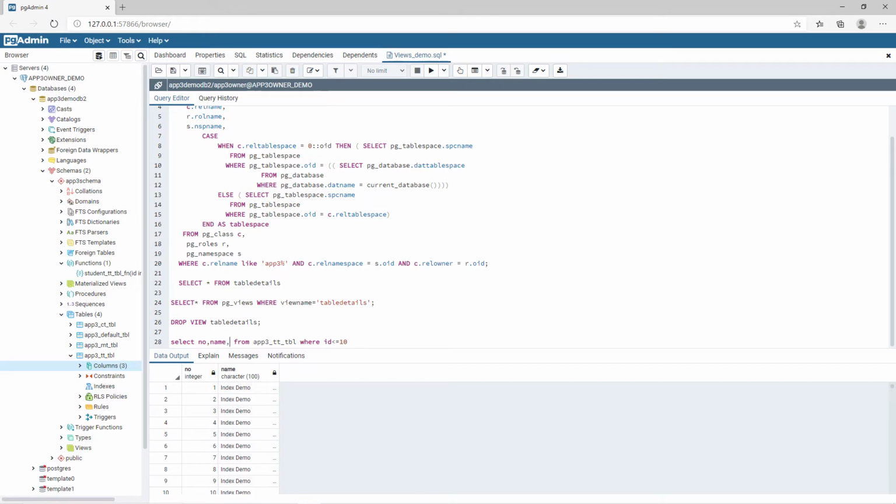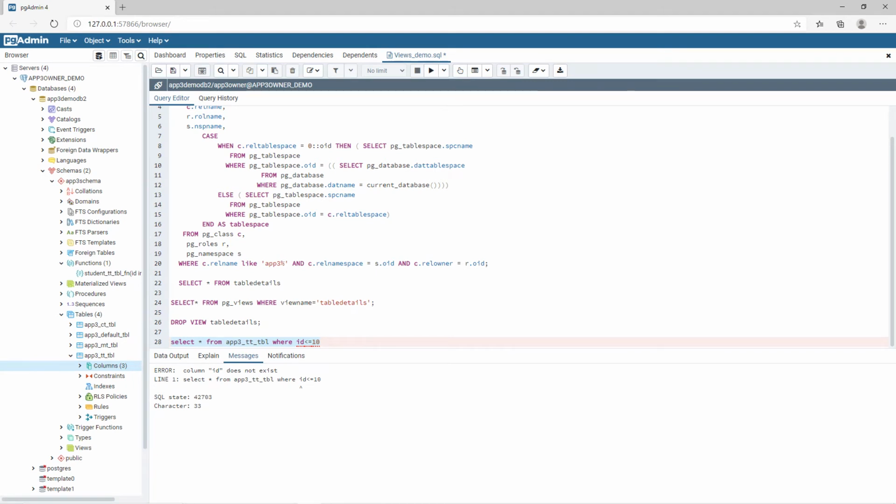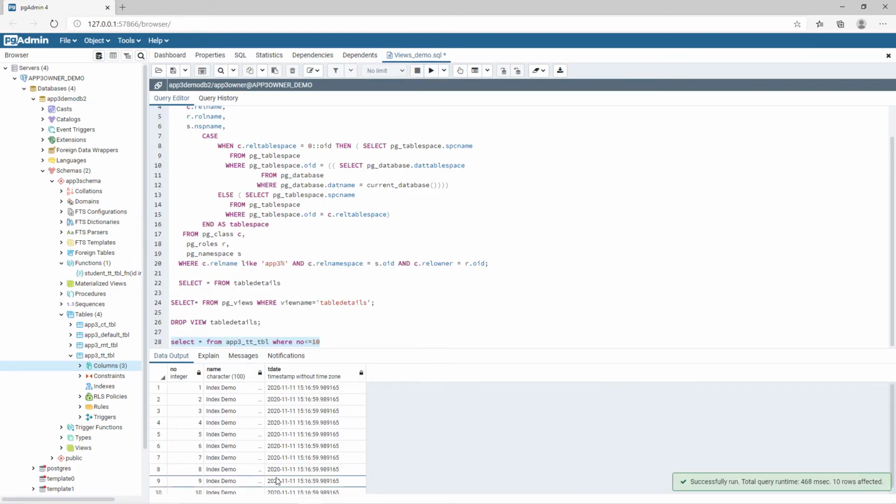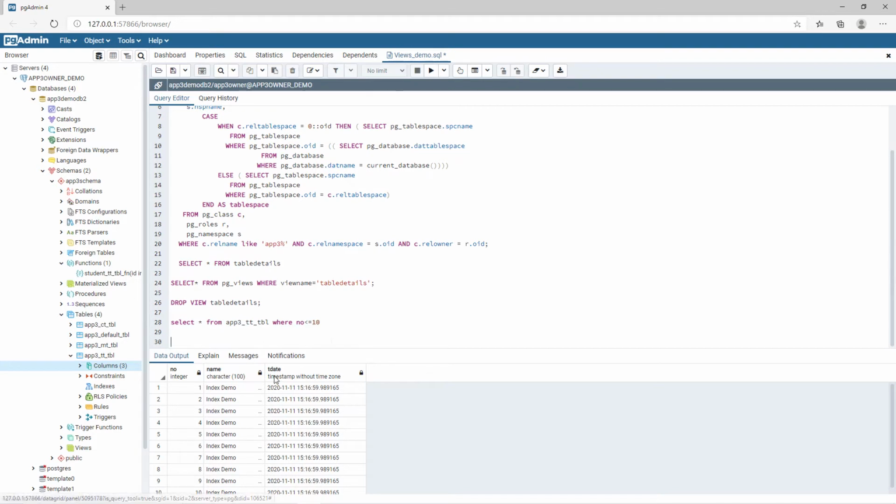Actually I have 3 columns in this particular table. Oh sorry, it's not ID, it's NO. Only 10 rows, and it is populating 3 columns, right? For example, I don't want to show the transaction date, as the end user is especially looking for number and name. Then the best option is, how normally what we'll do,